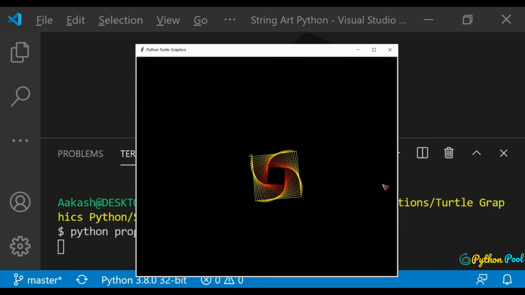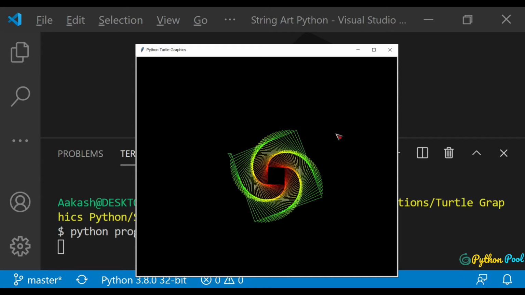And this is very simple code. I'll just write it with you in a couple of minutes. Let's see the output of the program. It looks nice, a nice string pattern, nice string art, and that's what we are going to print today. So enough of the output. Let me start right away.